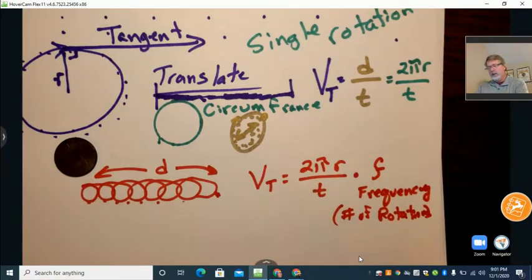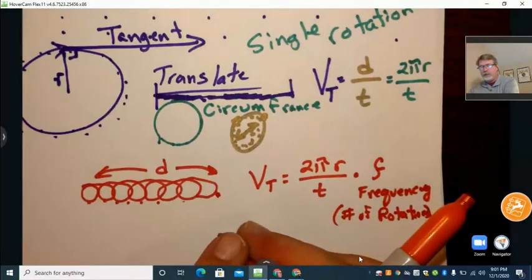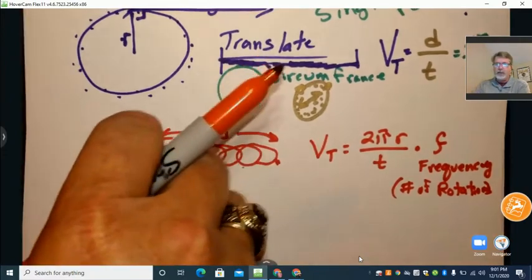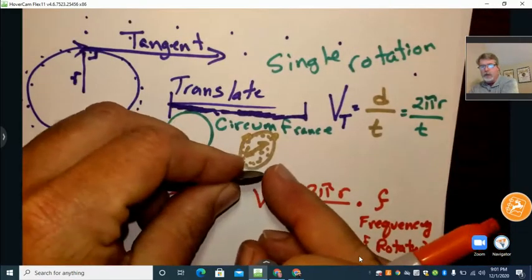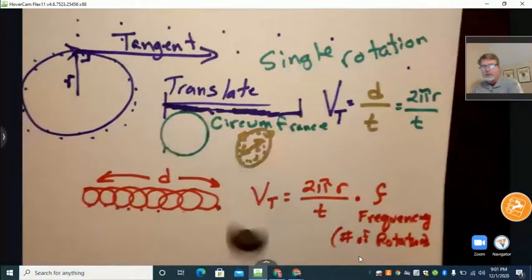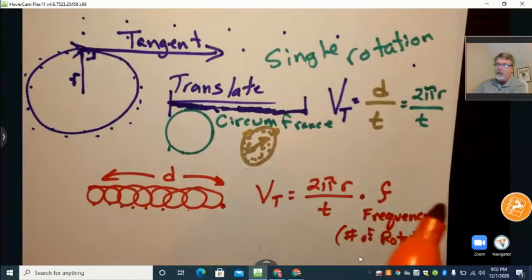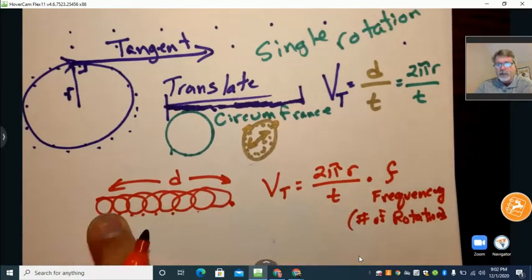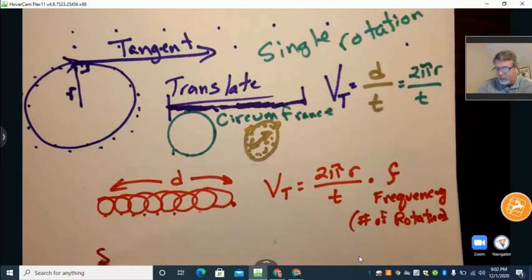All right, so the thing about the tangential velocity is that it doesn't actually have to translate for this to be true. The object could just spin. For example, what's the rate at which this object is traveling here? Well, it's not translating its motion. The rotation that I'm creating when I thump the penny does not cause the penny to translate one circumference every time, but the outside edge of that penny is moving the circumference. So in that case, this would still be true. It doesn't have to translate. It could just be spinning